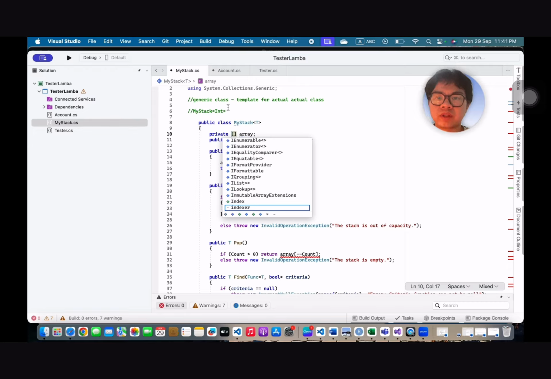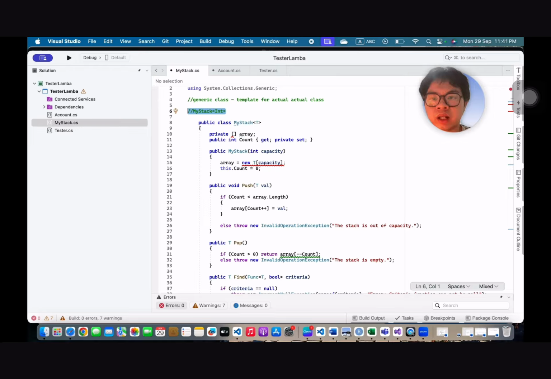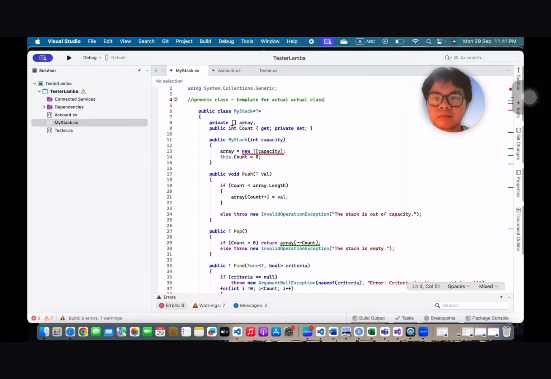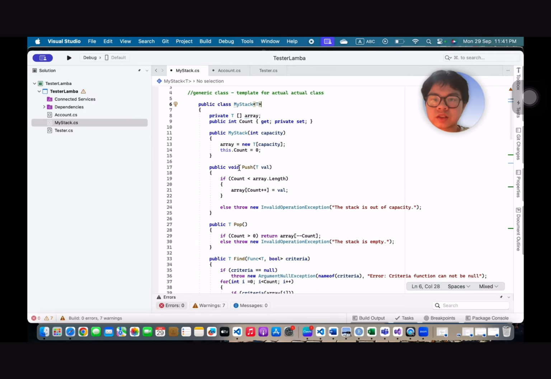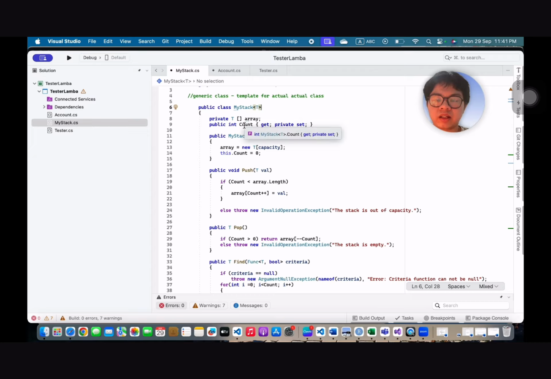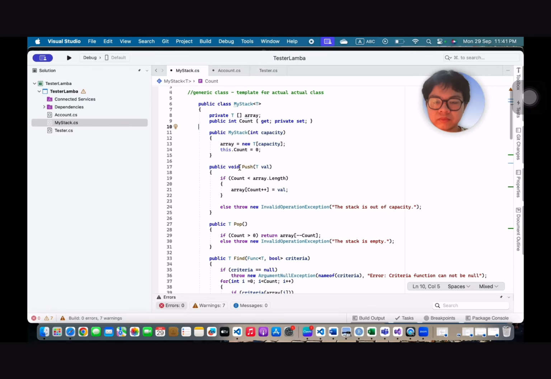So therefore, the generic class will allow us to work with multiple data types. In the myStack class, I have the array of T and the count to count the number of elements in the array. The constructor of myStack takes the capacity argument to initialize the size of the array and